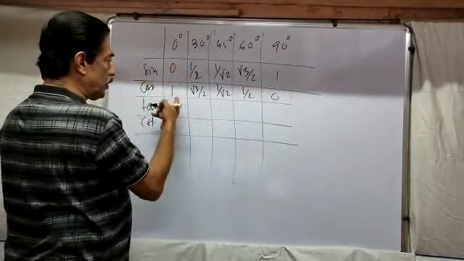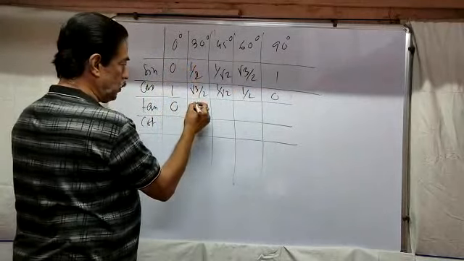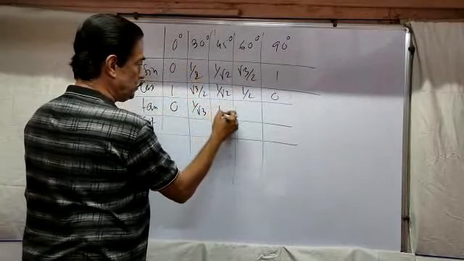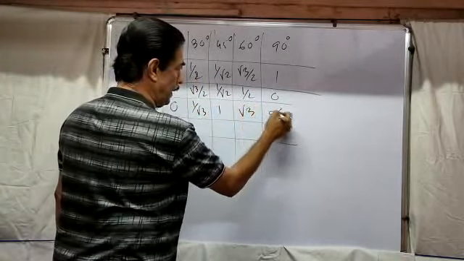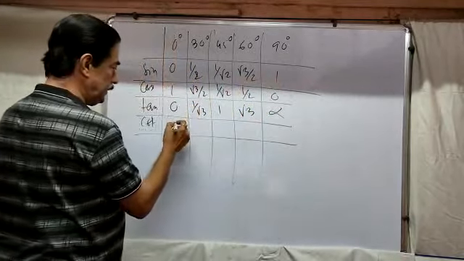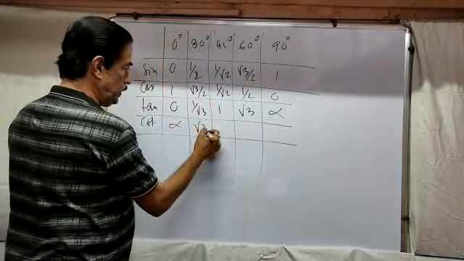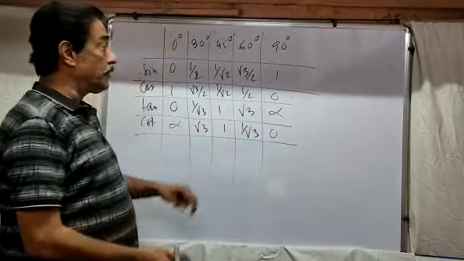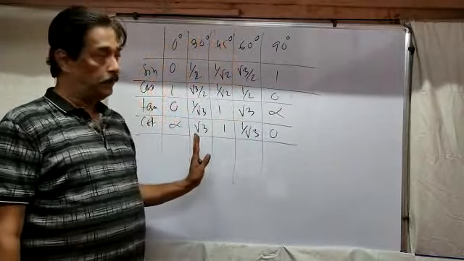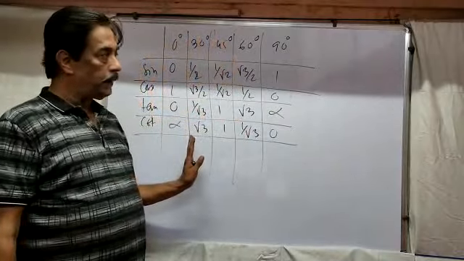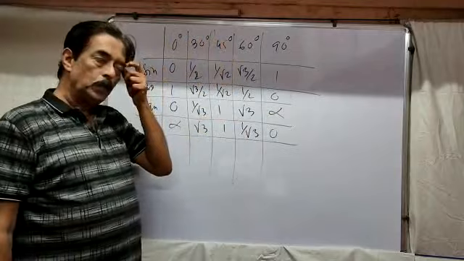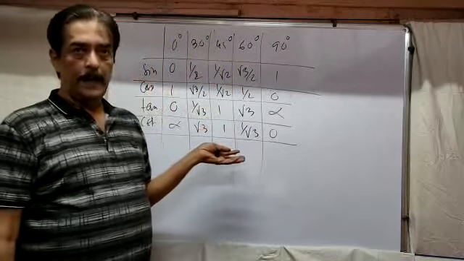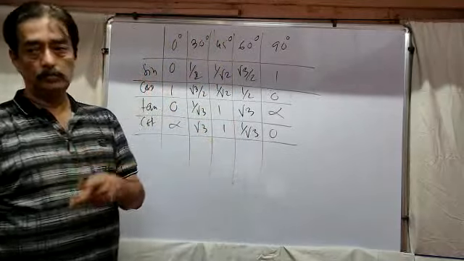Now tan 0 means sin 0 by cos 0, which means 0. Then 1 by root 3, 1, root 3, and undefined. Anything by 0 is undefined. Just reverse for cot: undefined, root 3, 1, 1 by root 3, and 0. That is your summarization of 9-10 level trigonometry. This formula you have to remember. Now we can move to the questions you have to face and how to give the answer.